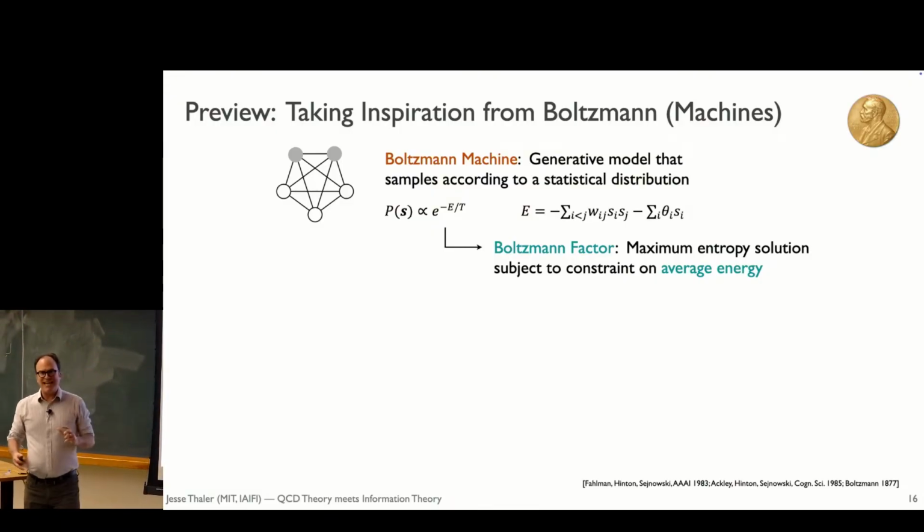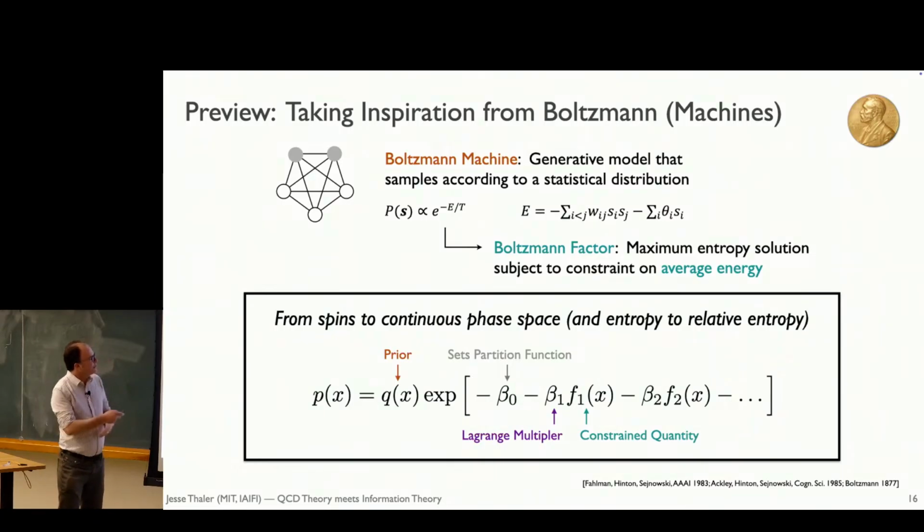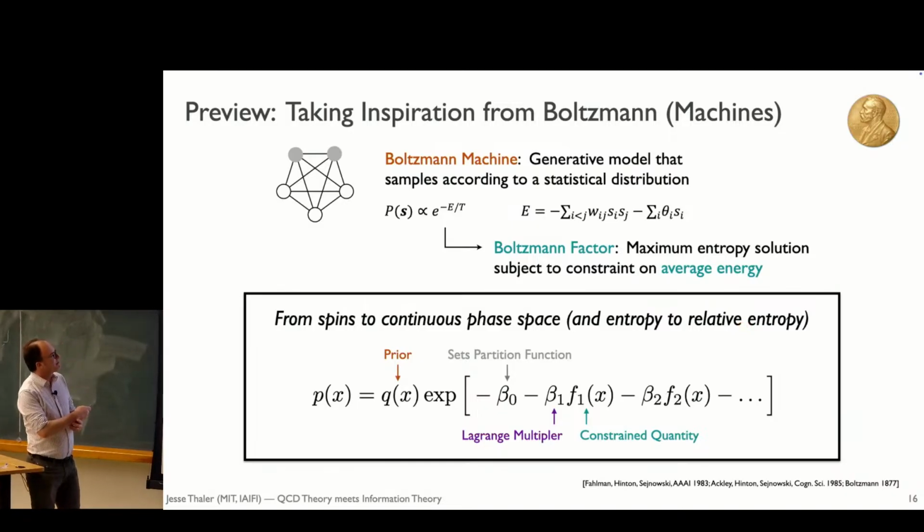Collider physics data is not a bunch of spins. It's more dynamic than that. It corresponds to continuous variables over many, many dimensions. So we're going to lift this idea of maximum entropy to maximum relative entropy, that is, relative to a prior. Going from spins to continuous phase space and from entropy to relative entropy, the equivalent of the Boltzmann distribution